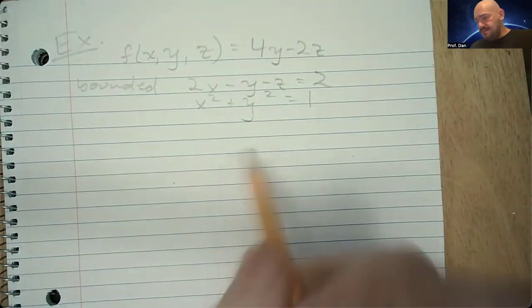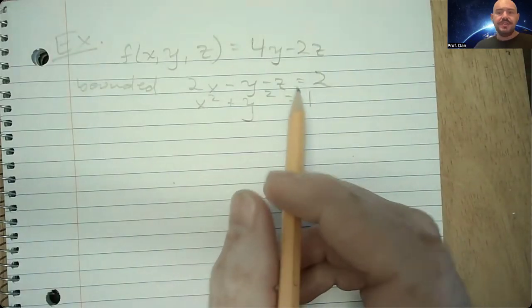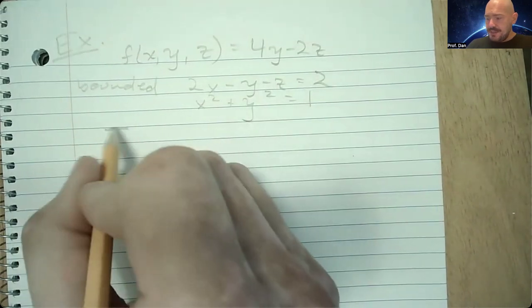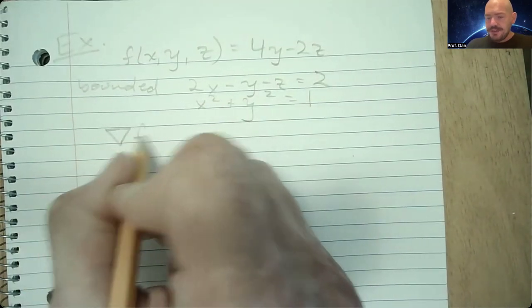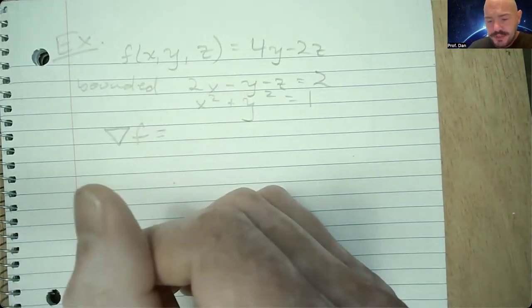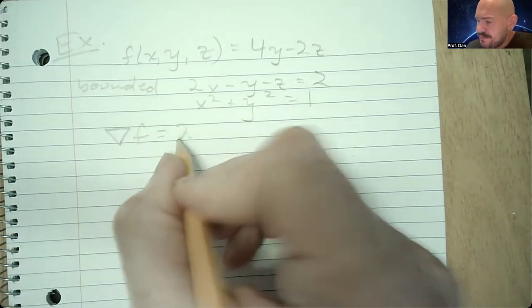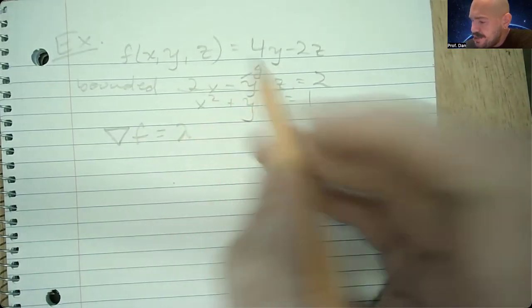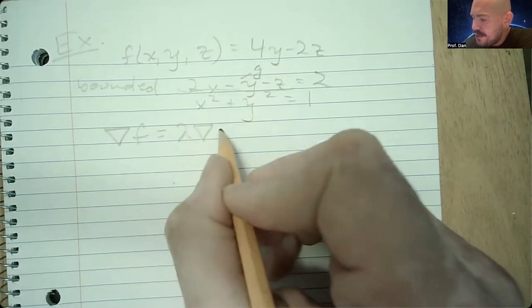So with that said, we have two different bounds. So the equation that we use to solve for our Lagrange multiplier will now include two Lagrange multipliers. One of them will still use lambda, right? And for the first one, we'll look at the plane. We'll let this be our g. So lambda times the gradient of g